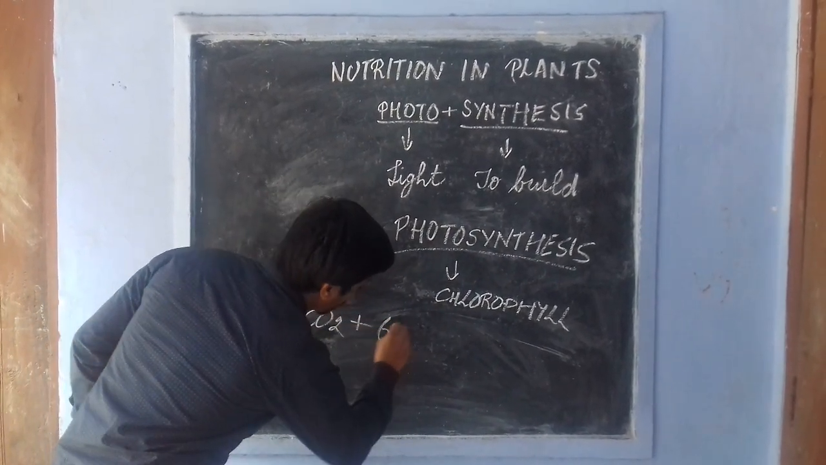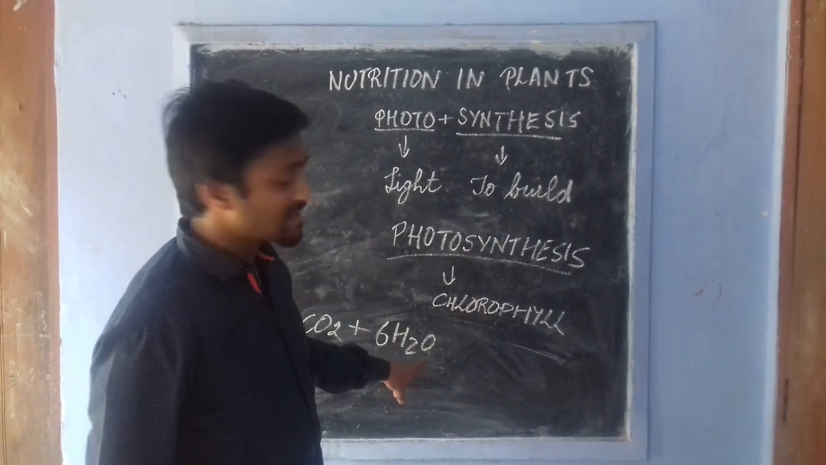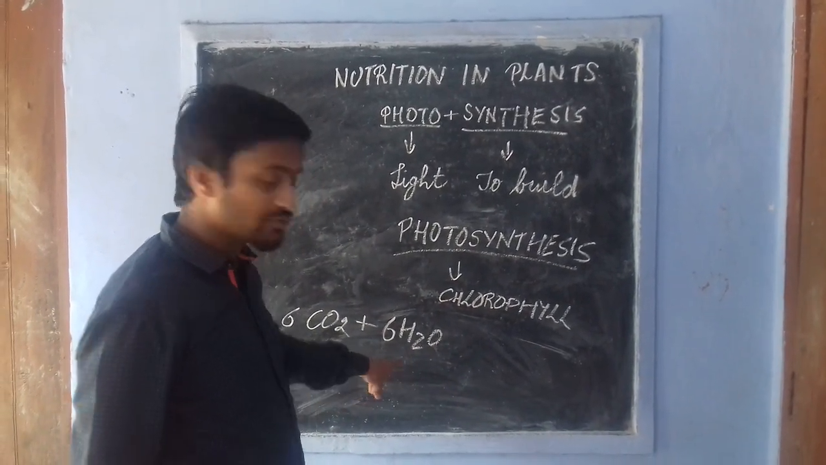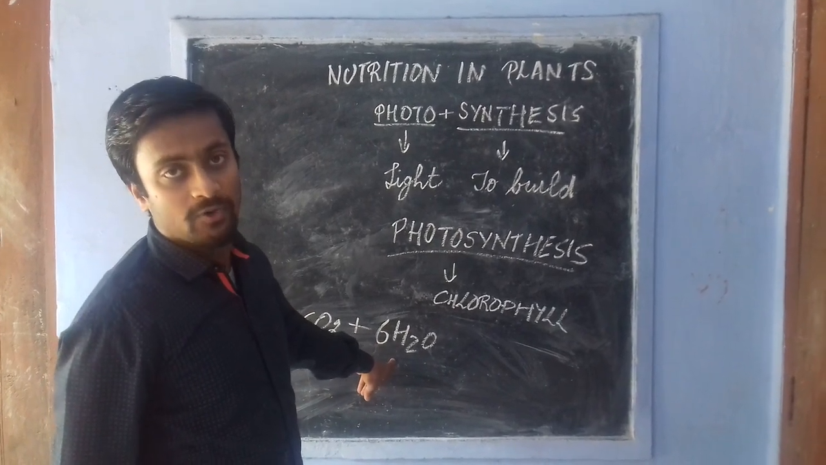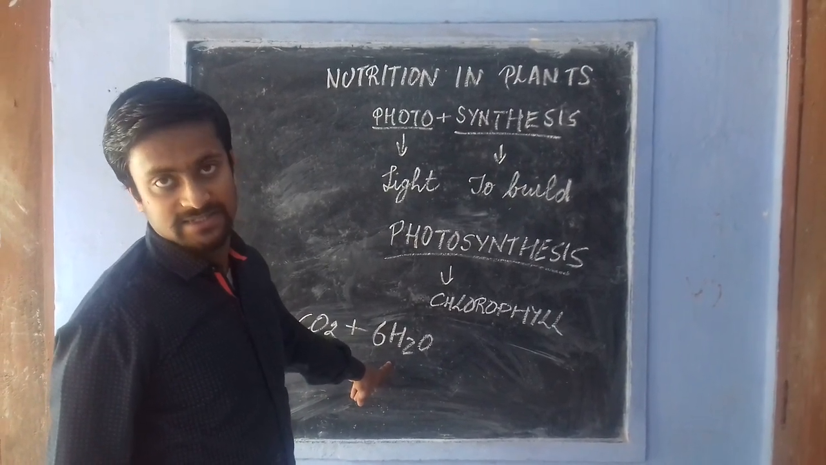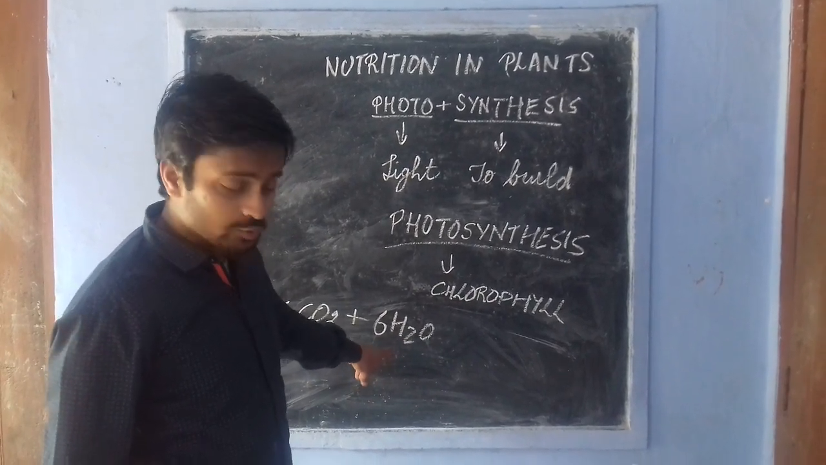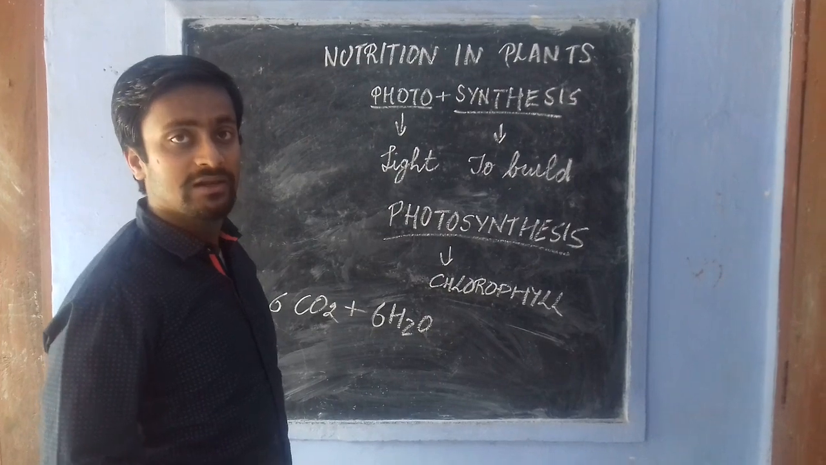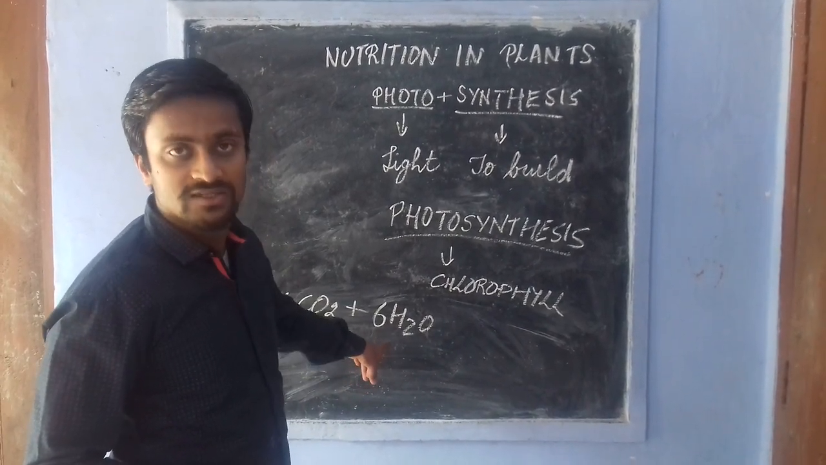plus water is needed. So this water which is needed by the plants for the process of photosynthesis is taken up from the soil with the help of xylem vessels. These xylem vessels with the help of roots. These roots suck up the water from the soil and it is transported to the leaves where the synthesis of food